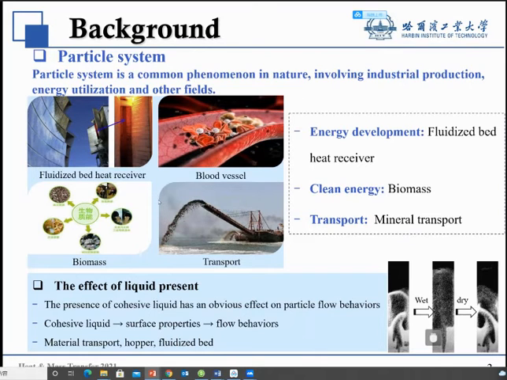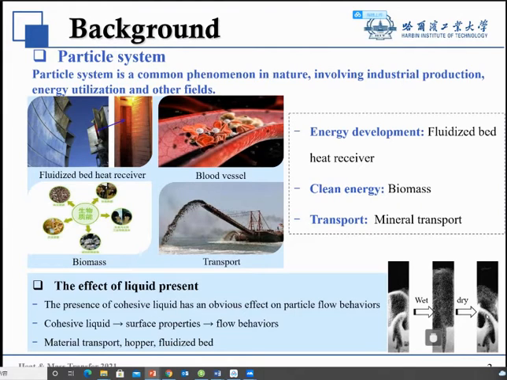For the most part, the liquid cannot be neglected, and the presence of cohesive liquid has an obvious effect on particle flow behaviors. We can have a look at this picture. For a dry particle system, particles could be fluidized, and with some liquid introduced, we could find that the flow regime changed, and there's an obvious gas channel here. With the liquid removed, we could find that the particle system transferred from the wet particle system to the